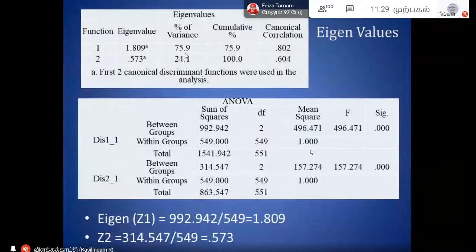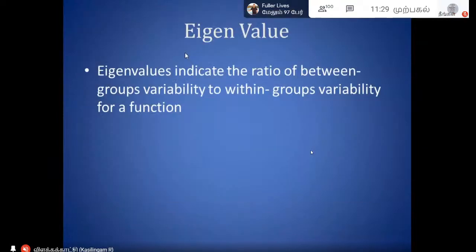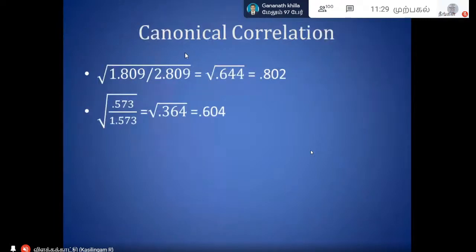Now we have a canonical correlation. What is canonical correlation? So now eigenvalue indicates the ratio of between groups variability to within groups variability for the function. Now how is canonical correlation computed? The canonical correlation formula is the eigenvalue lambda